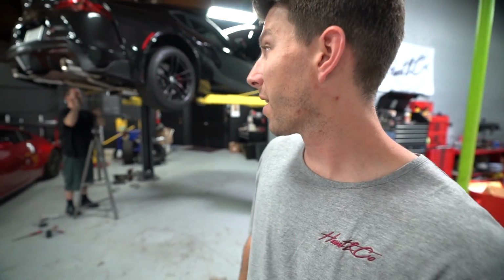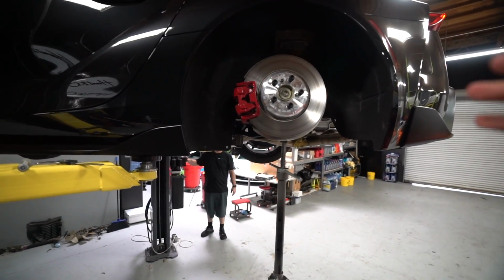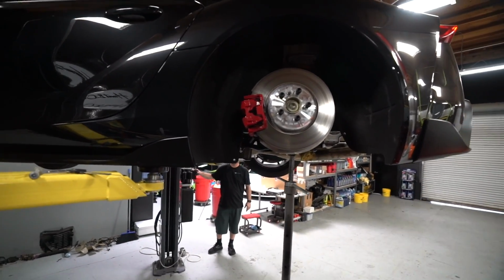We're kind of in the debate right now, me being the first one, do we just do the stock struts or do we do an aftermarket strut? But I want to hear you guys' comments down below. What do you guys think? Do you think that we should ditch the active dampening and just do an aftermarket strut so we can air out to the ground? Or should we keep the active dampening so we can air out moderately low, so it's visibly low when you're parked and airing out, and you still have the height, but you keep the active dampening? Right now, this is what it would look like if the car was using these stock struts